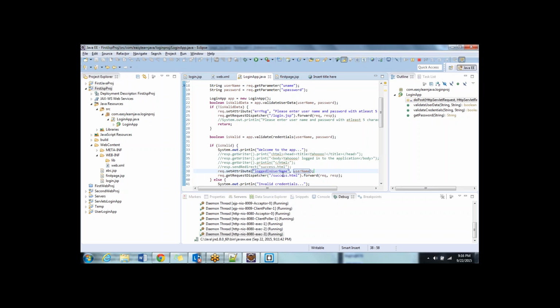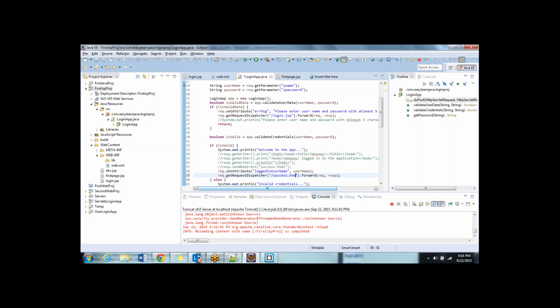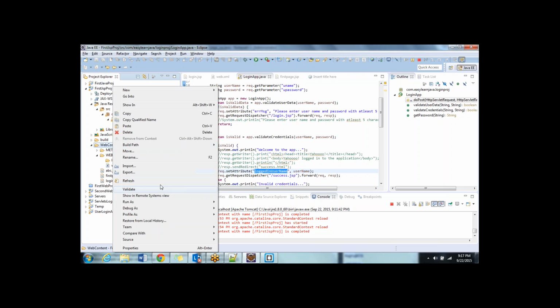This is what I do, and I forward the request to a JSP page, success.jsp page. So now what I do is, let me go ahead and configure a success.jsp page. And if you understand the scenario in the success.jsp page, the first thing that I will be doing here is I will try to retrieve this value and I will display it to the user every time. So here when I say